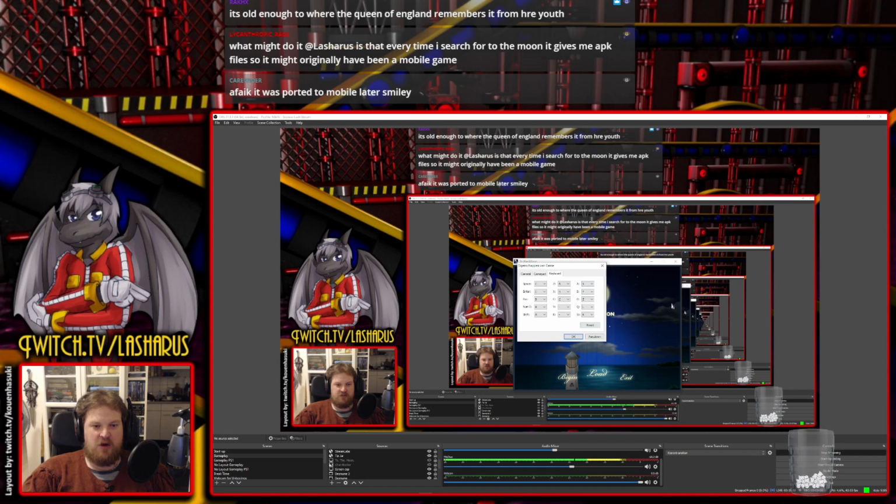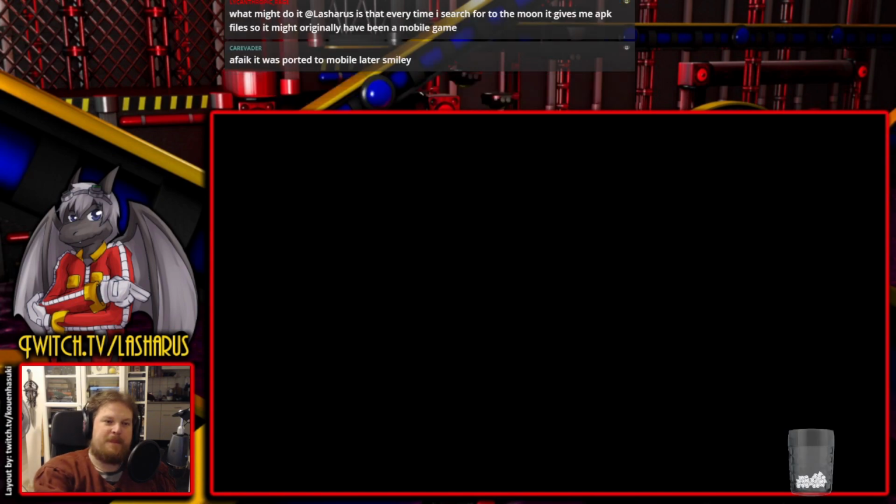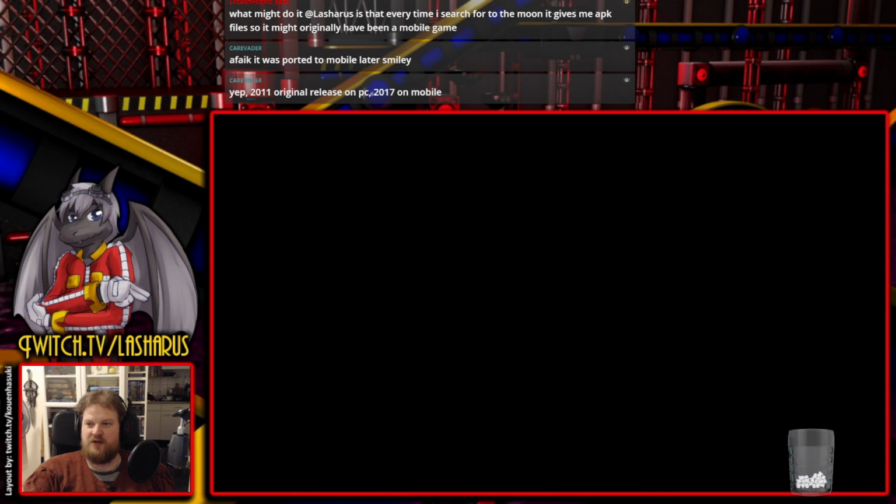Yeah, I think it was ported to mobile later, Smiley. It initially came out on PC. Also, yes, my mouse arrow does vanish in the options menu, so I have a lot of trouble finding the cancel button. Okay, that's all my ranting on the engine, I promise. I'll probably do it again tomorrow because...